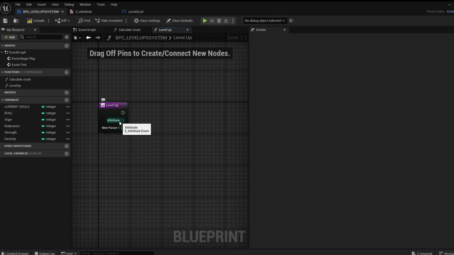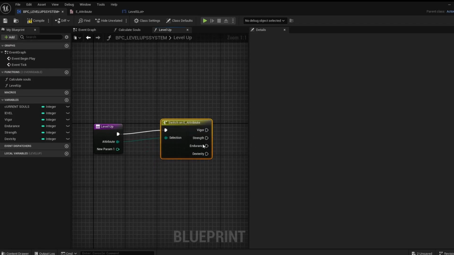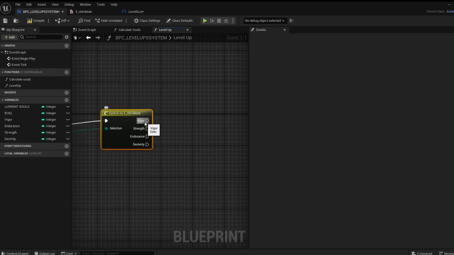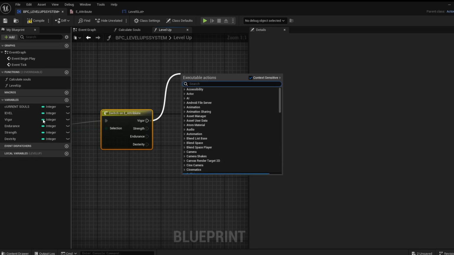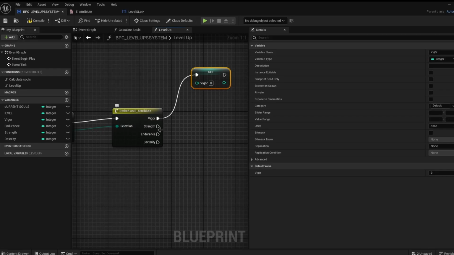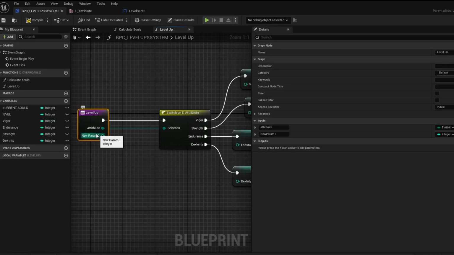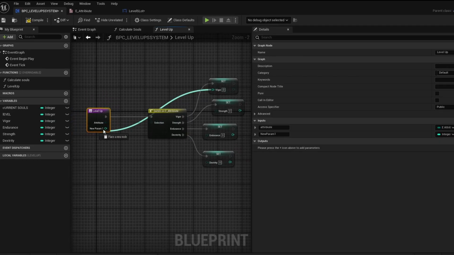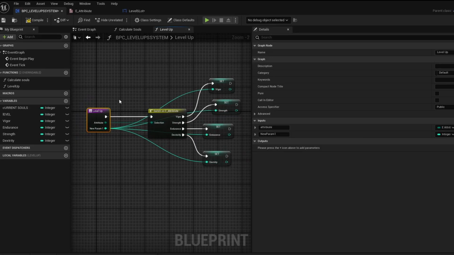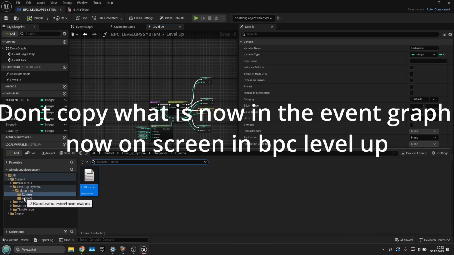And we are going to drag off the attribute and search for switch on E attribute. Then from where this vigor execute output is, set vigor, and do this for the other variables / attributes that you have. When you did that, you can connect the input value into the vigor, strength, endurance, and dexterity, as you can see on my screen. Compile and save, and then go to the content drawer to widgets